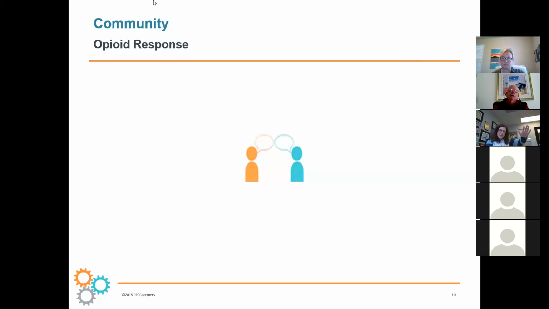And then there's this whole concept of safe prescribing, which is our clinicians being very studious, or good stewards, I should say, of opioid use. And what does that look like? What are the parameters for that?